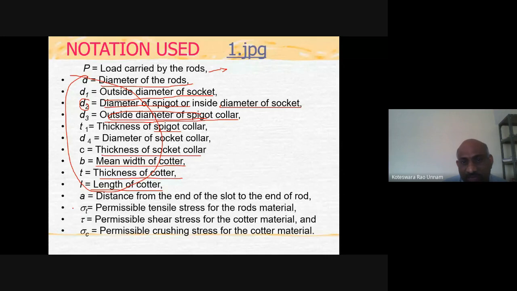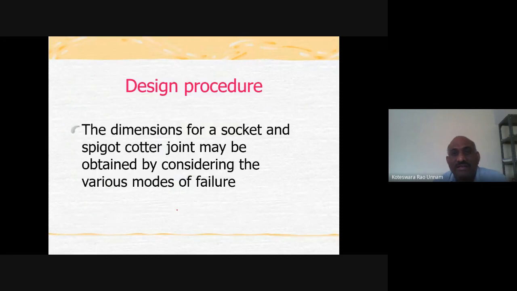spigot joint. For that, we'll use these permissible stresses. Sigma T is the permissible tensile stress for the rod material. The permissible shear stress in the cotter is tau, and the permissible crushing stress or bearing stress, crushing or bearing, both are the same, is sigma C for the cotter material. So with these notations, we'll see how we can arrive at the dimensions of this cotter